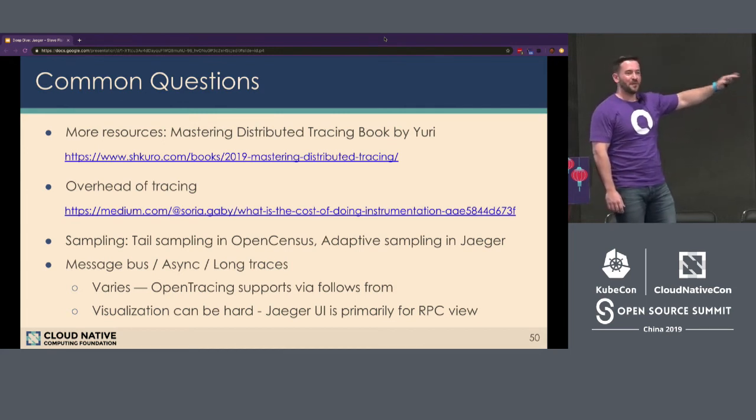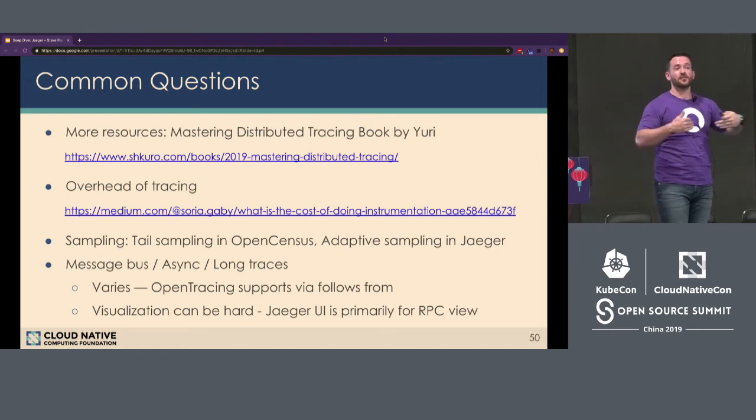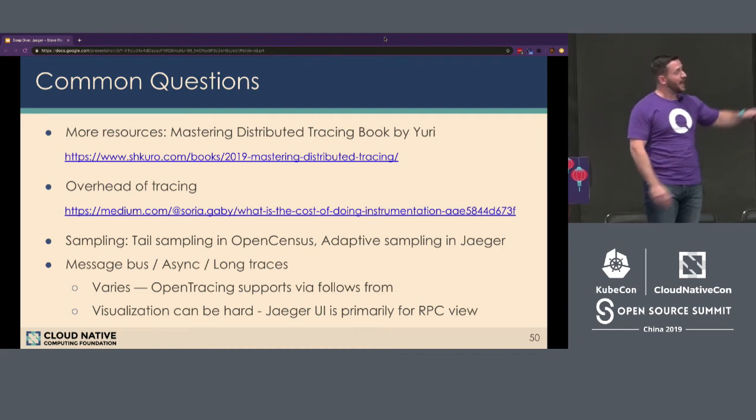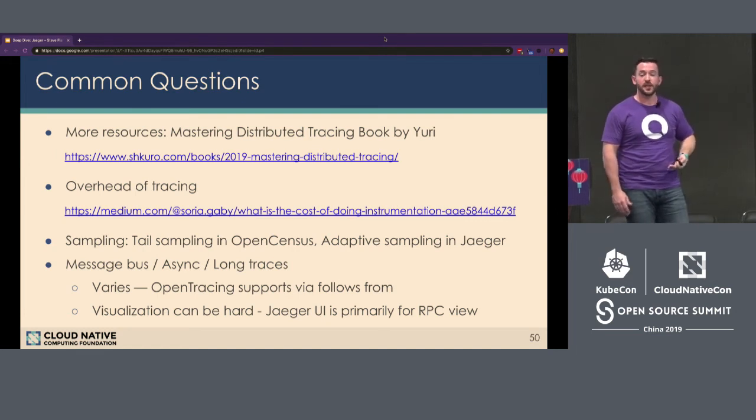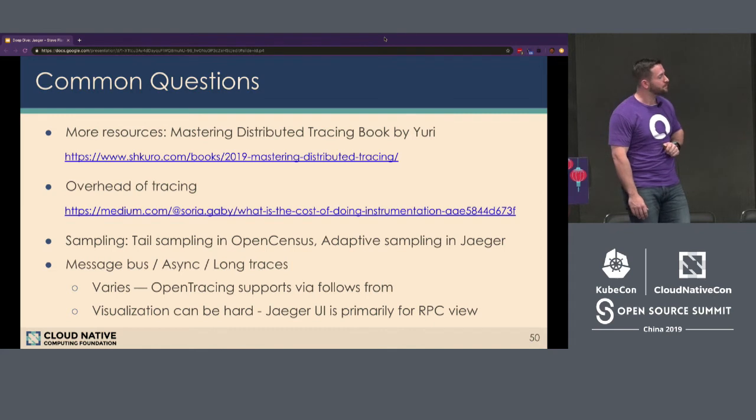Overhead of tracing, one of the most common questions that gets asked is, is this going to slow down my application? The answer is typically no. The client instrumentation is very efficient. With that said, if you have a very latency-sensitive application, you should, of course, test this beforehand and make sure it's efficient for your environment. Gabby actually recently did an internship basically with the Linux Foundation, and she posted a Medium post comparing the client instrumentation and the overhead that it introduces. She has some really cool graphs that actually show how much resource utilization was consumed. It's a great resource if you're looking for some benchmarking information.